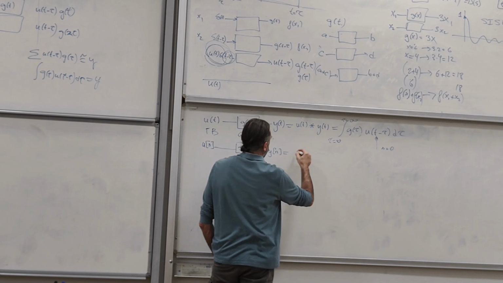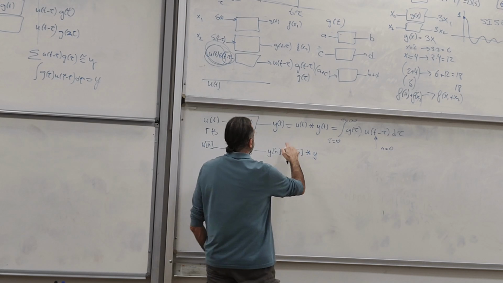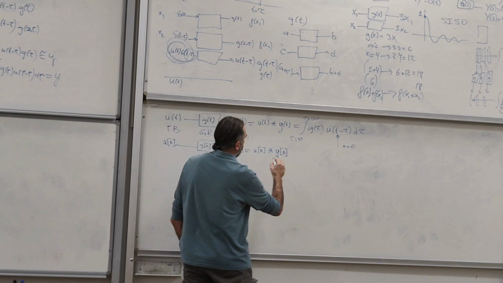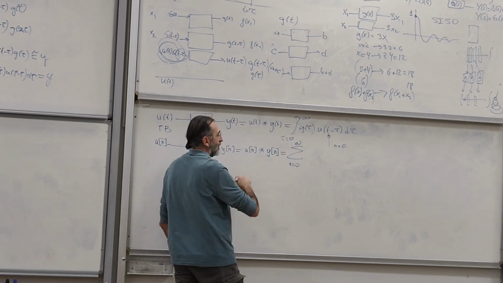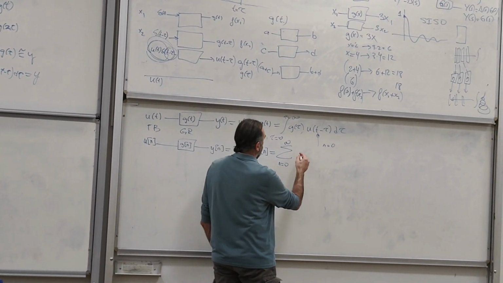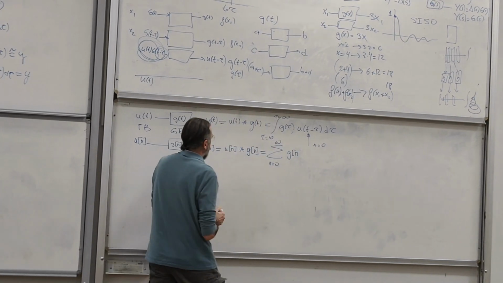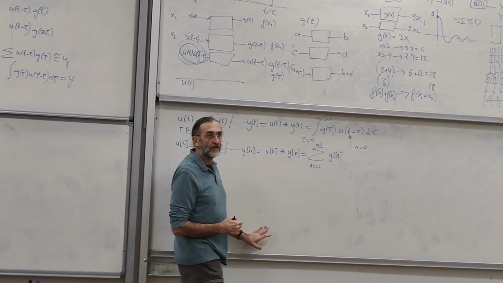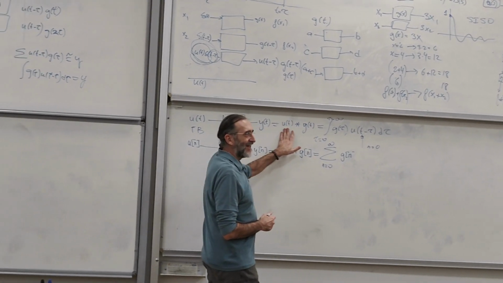The convolution of u of n with g of n is going to be equal to the sum from n equals 0 to n. We don't have tau anymore; it is n tau, as you remember, g of n. I'm sorry, now remember, this is t. I know, we just talked about it. I'm kidding.